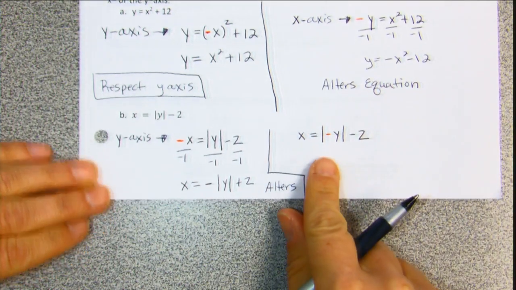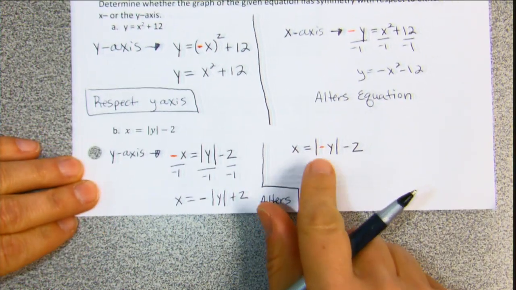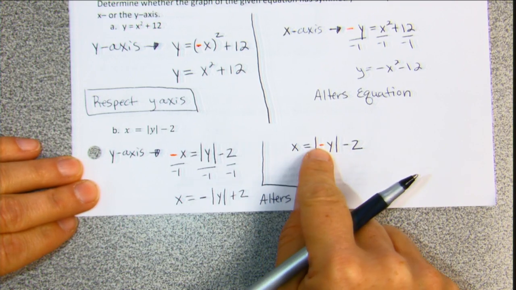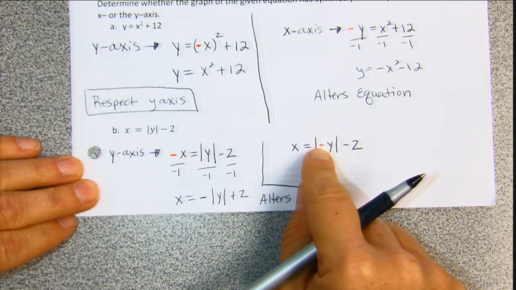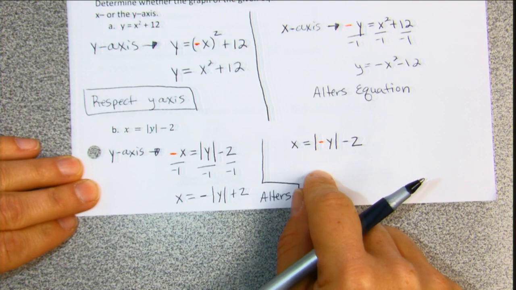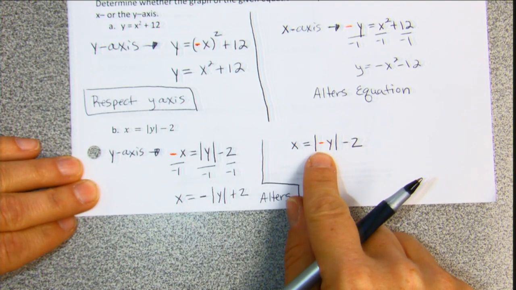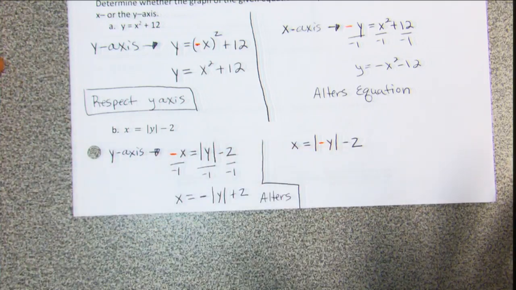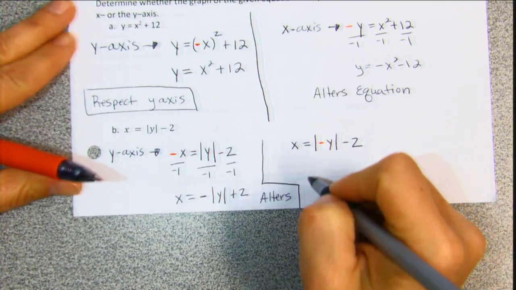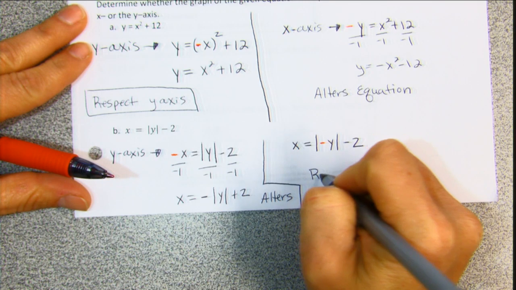That's also kind of why I reviewed that. If I were simplifying the absolute value of negative y, is that the same as the absolute value of positive y? Yes. So technically, even though it looks a little bit different, it's not going to alter what happens in the end, right? So we would say it's in respect